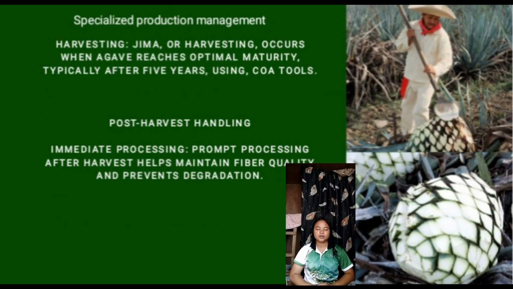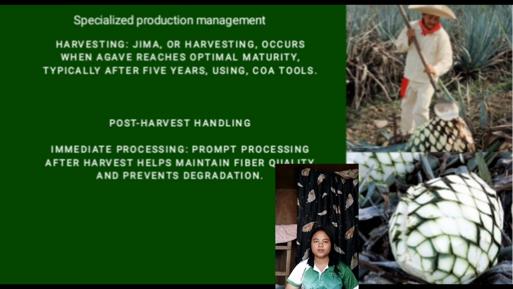For harvesting of agave plants, they must reach optimal maturity, typically after 5 years, using coas. For post-harvesting of agave sisalana, process immediately after harvest to help maintain fiber quality